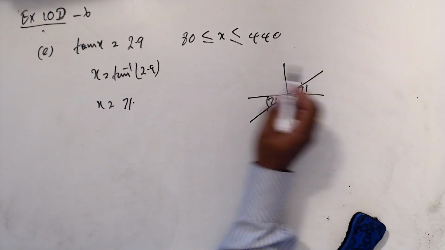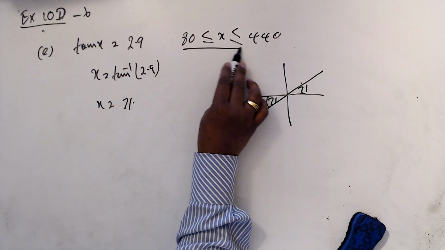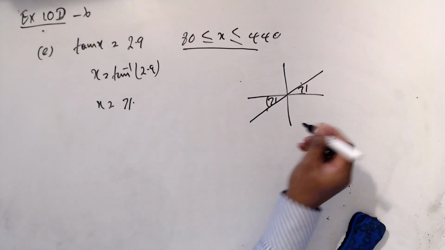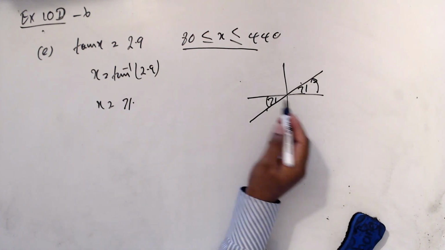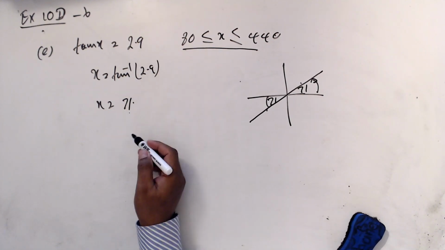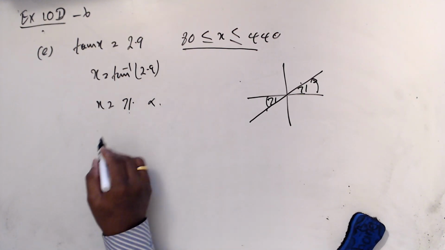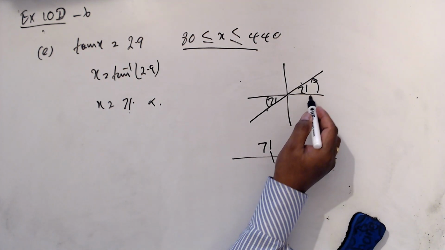The answer must be greater than 80. So x equals 71 is less than 80, so this is not the answer, but we'll give it as a start, 71. And the other one